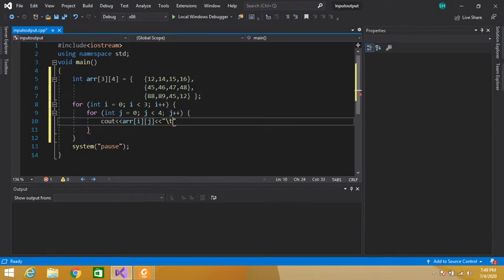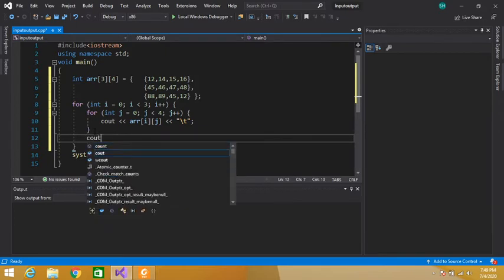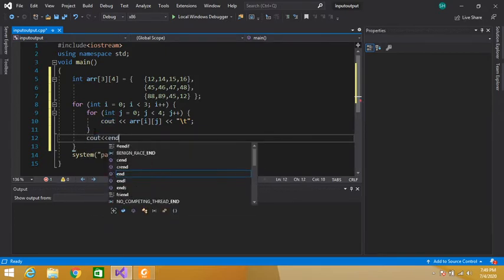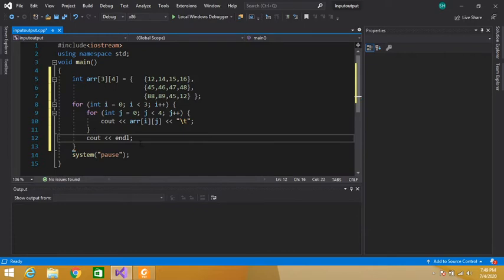It is used for tab, to give space between values. Here we have to write end of line, because when we print this first row, we will start a new line to print the second row. So here I am starting a new line.